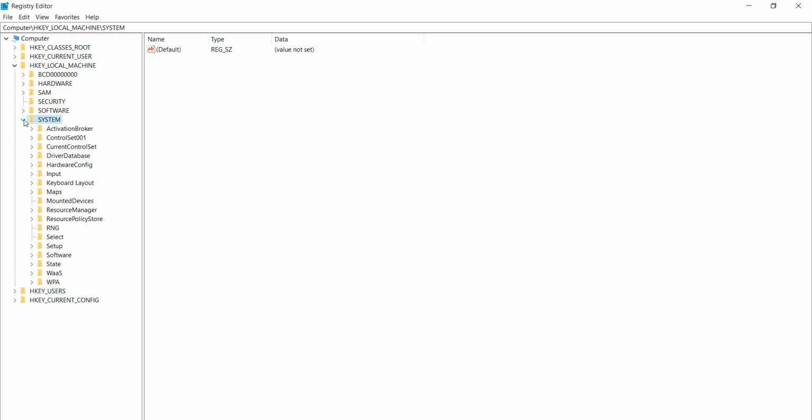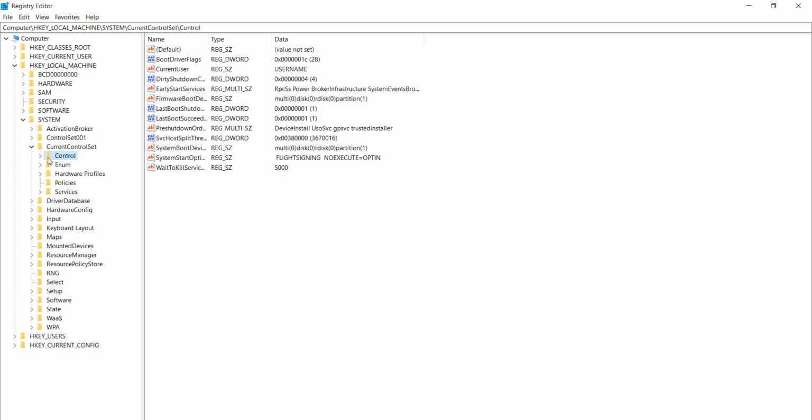After doing this, select and expand CurrentControlSet, and after doing this, select Control. After doing this, right click, select New and click on DWORD (32-bit) Value. Now after doing this, type the name as